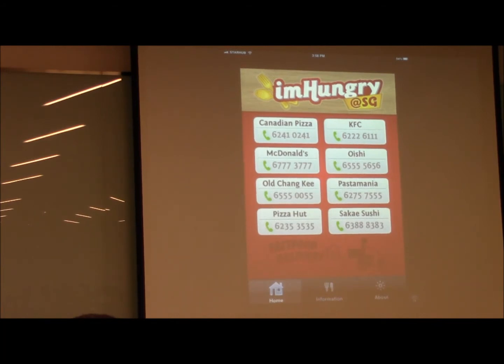So by one-touch access, it basically calls the hotline of